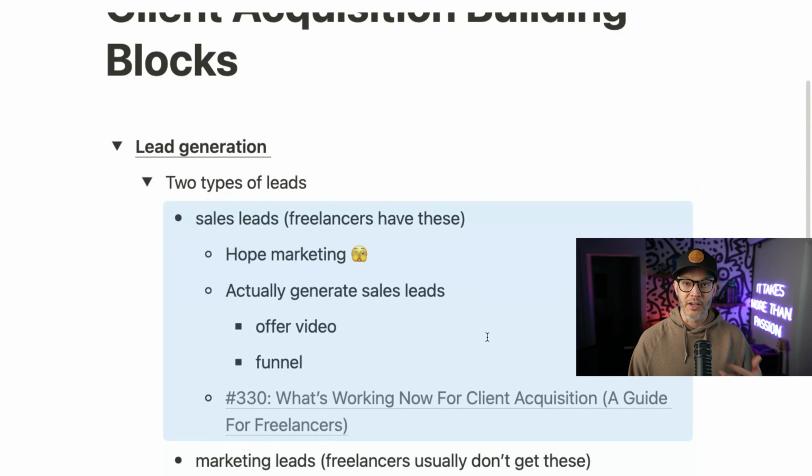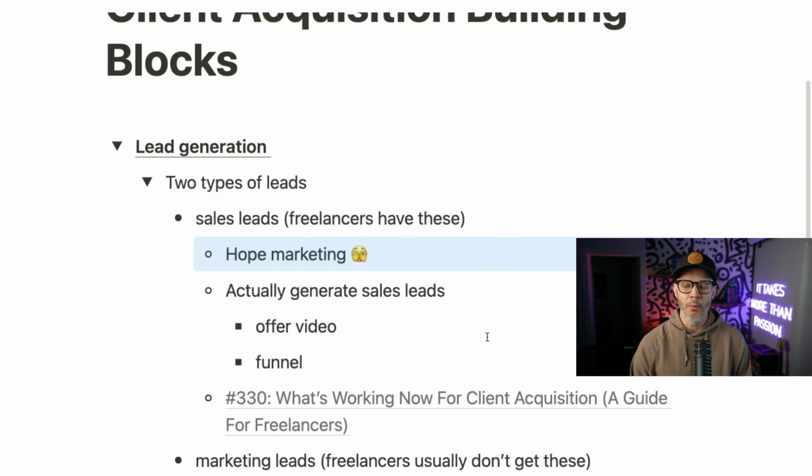We call them sales leads internally here. A sales lead is someone who has sent an inquiry. They're actually interested in hiring you. And most freelancers rely on hope marketing to get these. Hope marketing is just where you're waiting around for a referral from somebody, hoping that it lands in your inbox